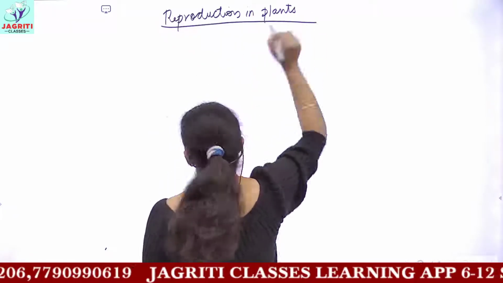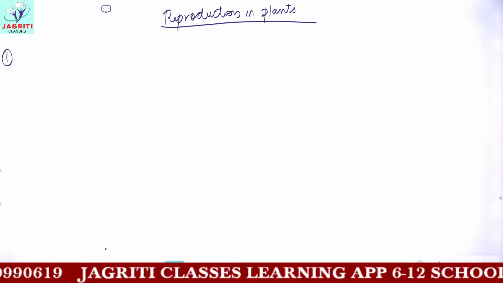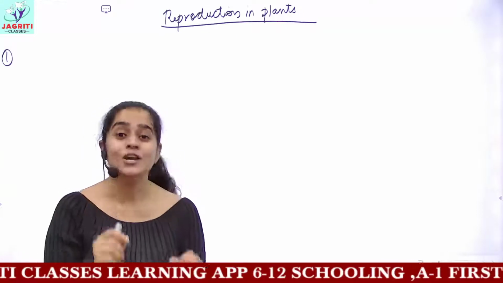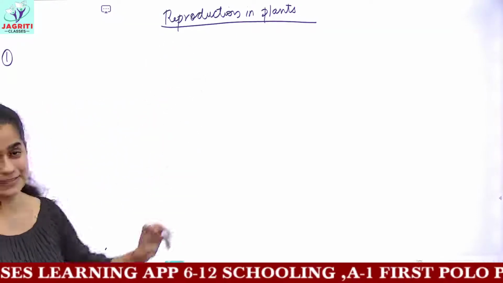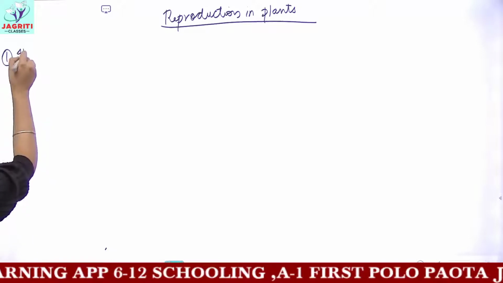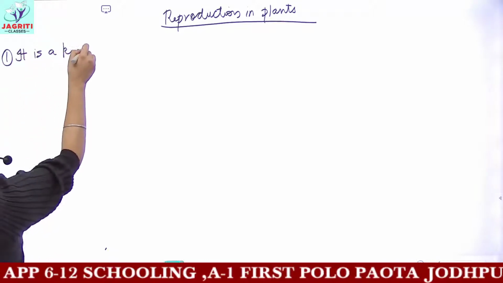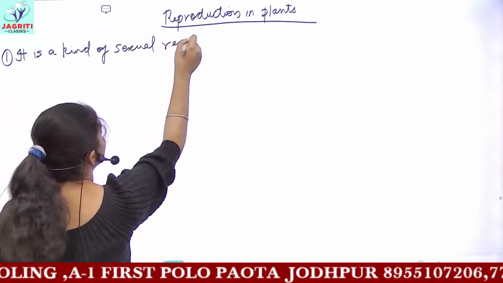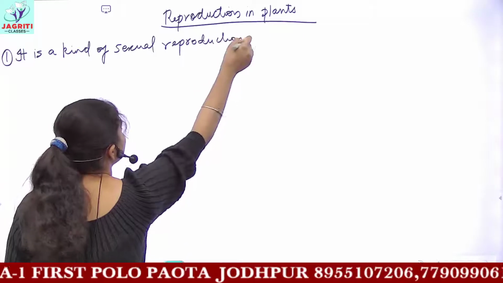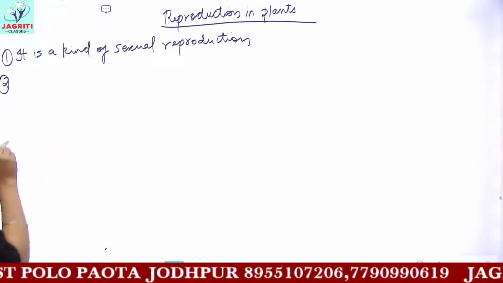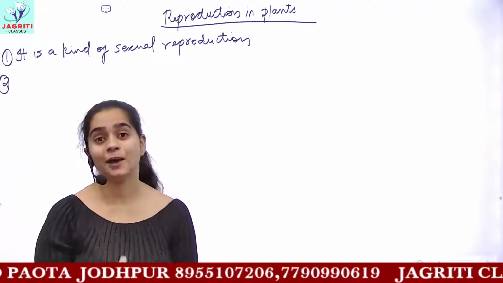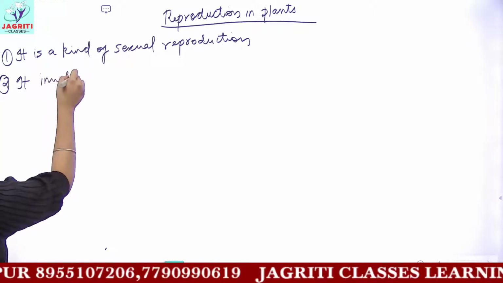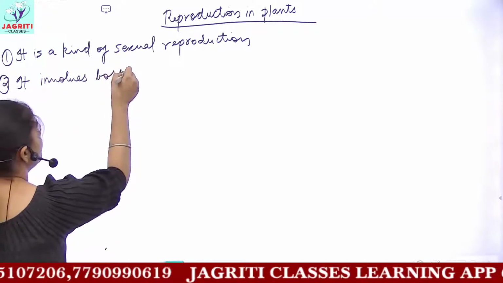So this kind of reproduction which we will be starting is a kind of sexual reproduction in plants, because it involves the formation of gametes, or we can say it involves two parents here. So this is a kind of sexual reproduction in plants, and this type of reproduction occurs in the reproductive part, which is your flower, or we can say it involves both male and female